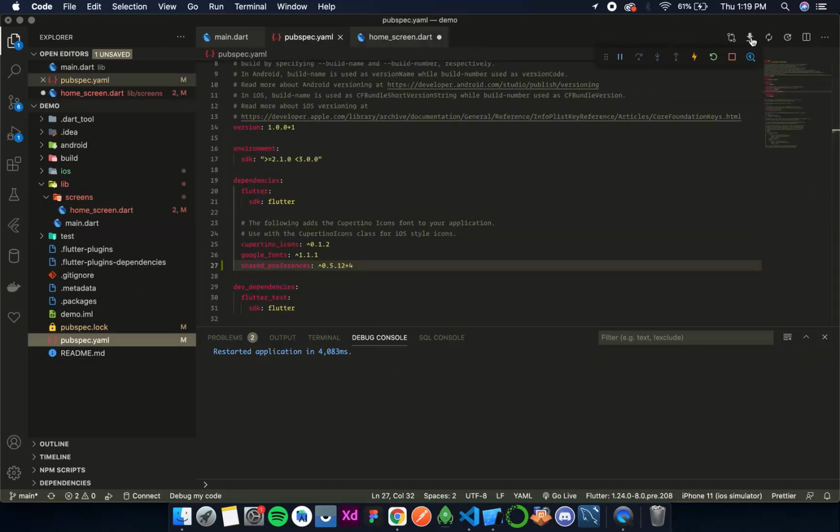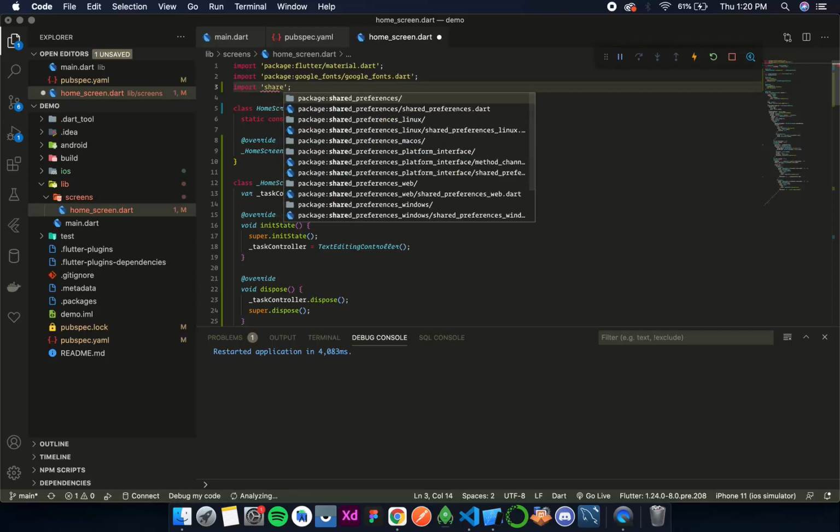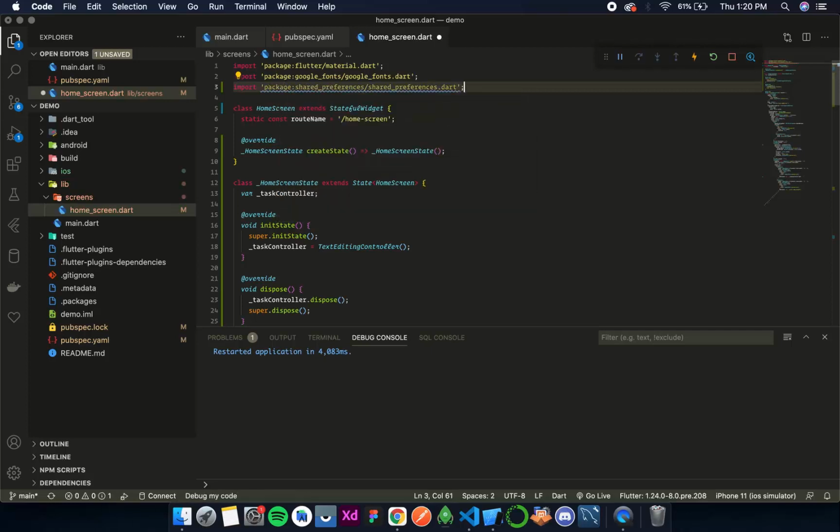We should call it again, and most probably the error will not be there. This sometimes happens with VS Code. Once done, let's see if it comes now or not. Import shared preferences, so we can see shared preferences dot.